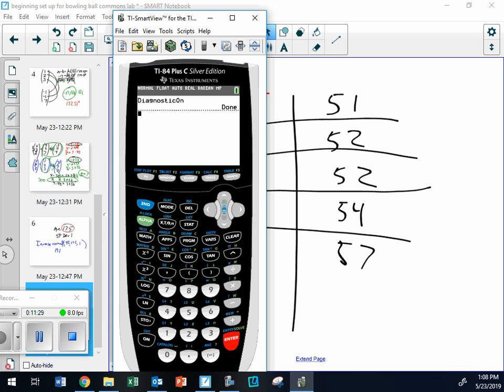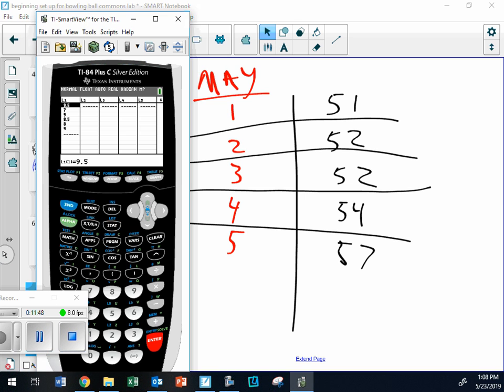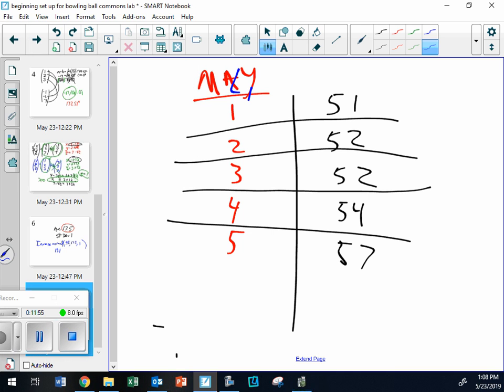Okay, that wasn't super deep, but now when we go to the next thing, the diagnostics will be on and it'll tell you what your R factor is. Okay, everybody hit stat, hit enter for edit, and we're going to edit list 1 and list 2 at the same time. In the past, we've only put in one list at a time. Now, this one's going to be L1, and this one's going to be L2. Put them in.